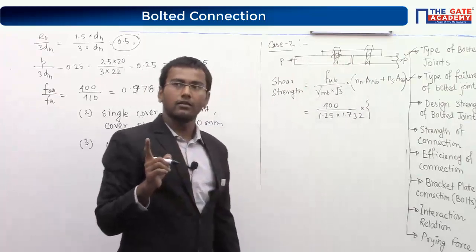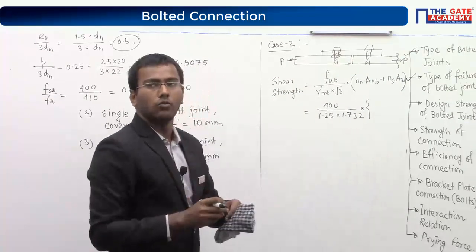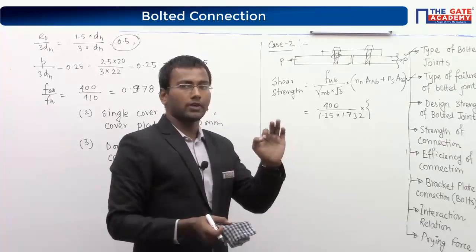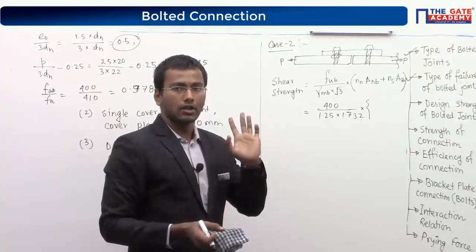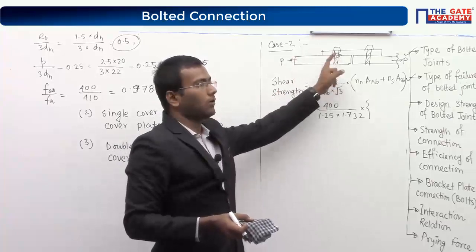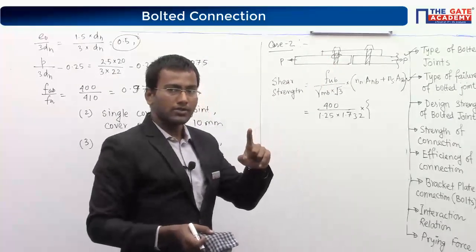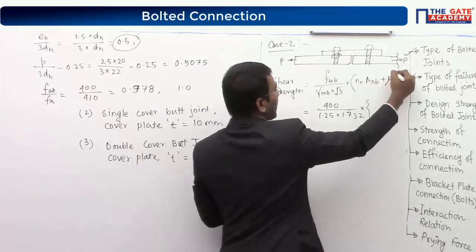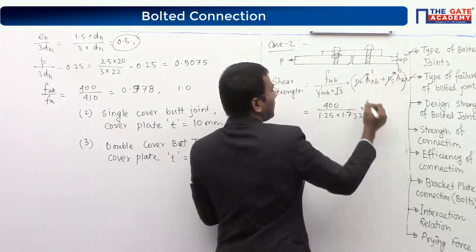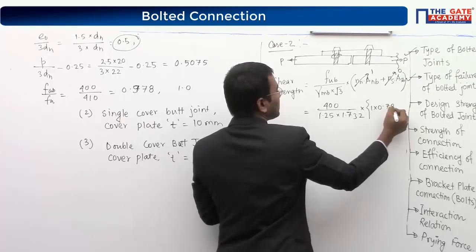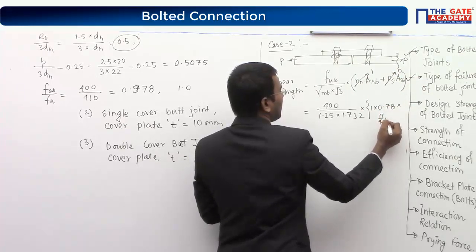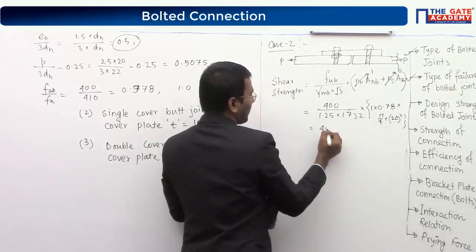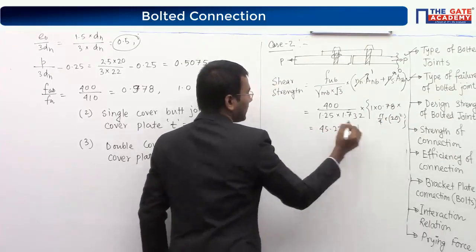I repeat again, please everyone take care of this. We are calculating for only one bolt right now. We are not calculating for the entire joint or entire connection. For only one bolt, we can say only one shear plane, and one shear plane means I will take it at the thread. Thread means n_s 0, n_n 1. So 1 multiplied by 0.78 multiplied by pi by 4 into d square. D means what? 20 whole square. It will again be the same, 45.27 kilonewton.